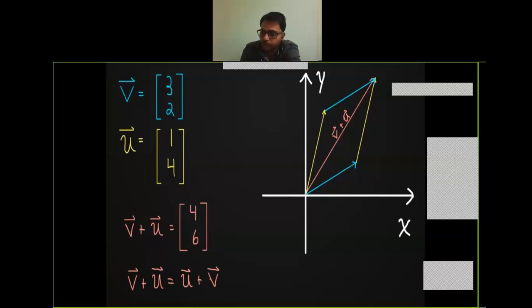But when we are understanding vector addition, we have to look at the geometrical way to add two vectors. What is the geometrical way to add two vectors? Let's say in this slide I am adding two vectors.